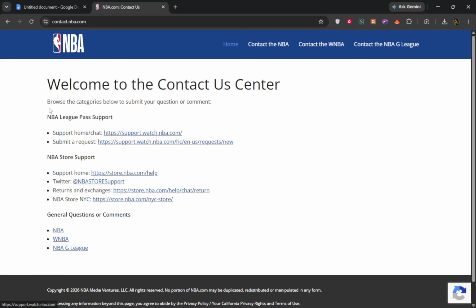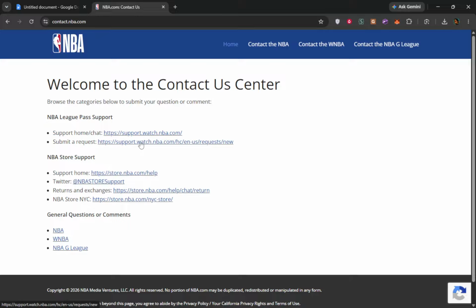Once you have the site loaded, you will be able to see all the available support options laid out clearly for you. Now click on the option labeled Contact Support or Submit a Request. This action directs you to the appropriate section for getting in touch with their support team. You will notice a user-friendly interface that guides you through the process. This step matters because it helps streamline your inquiry, ensuring that the right team addresses your specific issue effectively. After clicking, you will be taken to a form where you can provide further details.